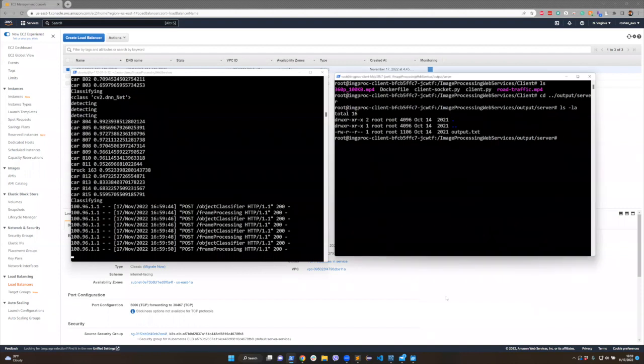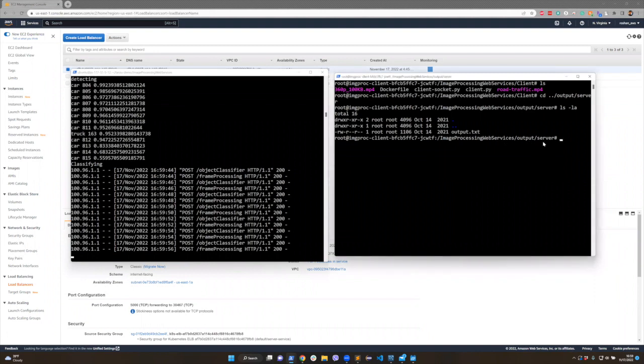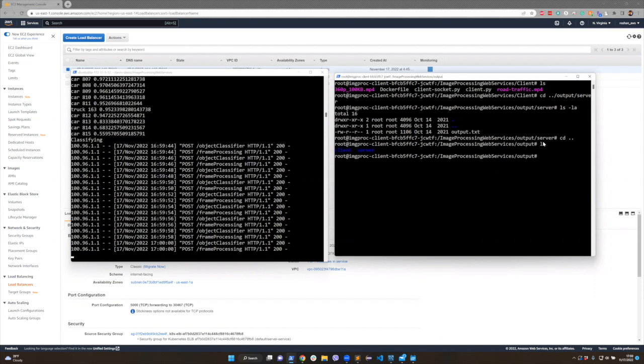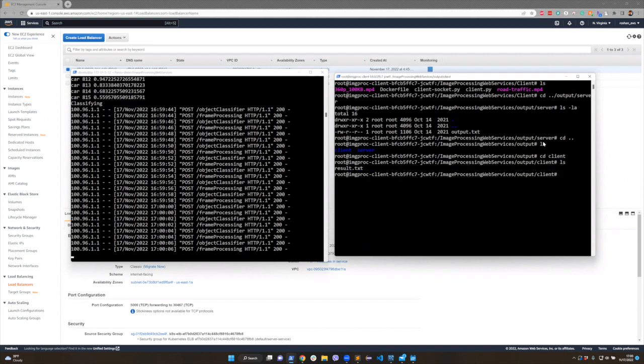Actually, the details would be, if we're using the client, we should be looking at the client folder instead. In the output, there is one client and one server, right? So let's go to the client folder and then list the values here. There is this result.txt, right? Basically, we're going to access this file here. So if I terminate this from here,